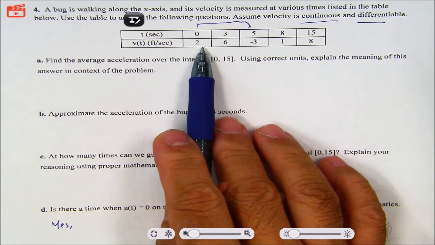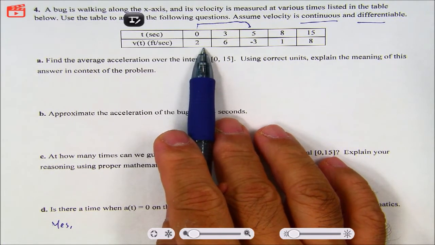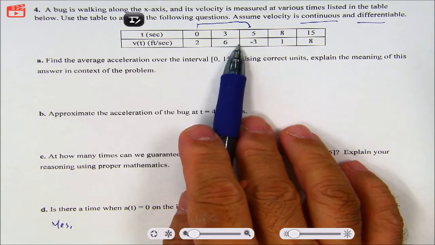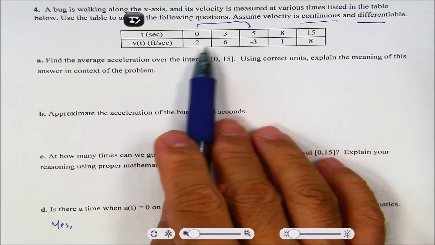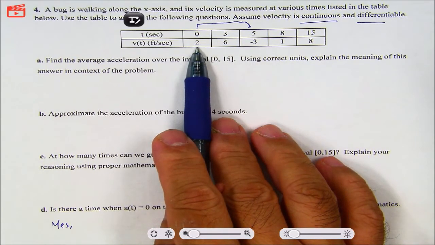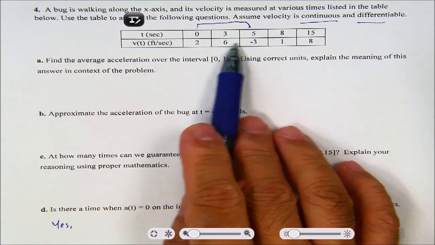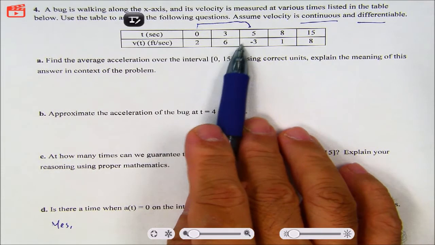Well, the best thing to do is to use the Mean Value Theorem or Rolle's theorem. To me, Rolle's theorem is the easiest one here because between t equals 3 and t equals 5, the velocity had to be 2 at some point, right? So if we can show that v of 0 is 2 and there's some time t where v equals 2, then by Rolle's theorem, since the beginning one is equal to 2 and somewhere in here is equal to 2,